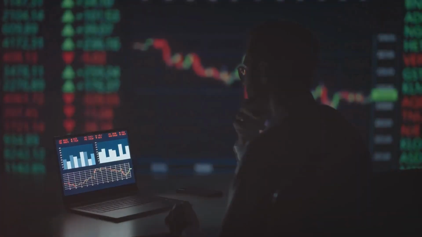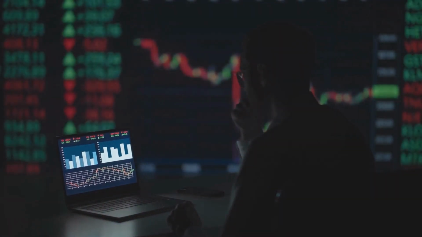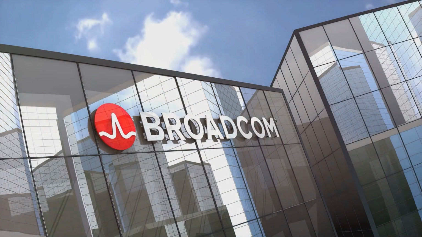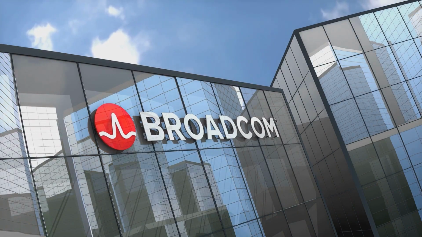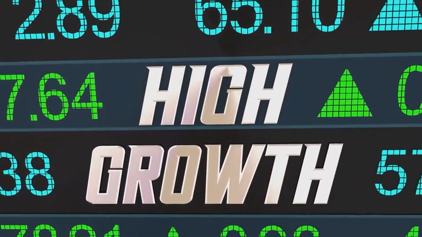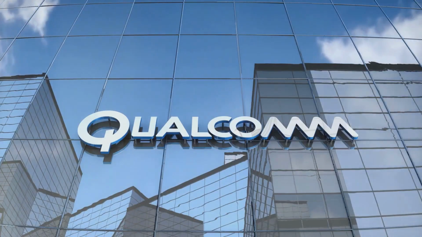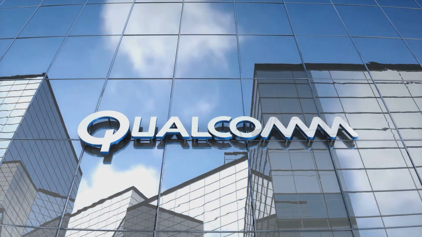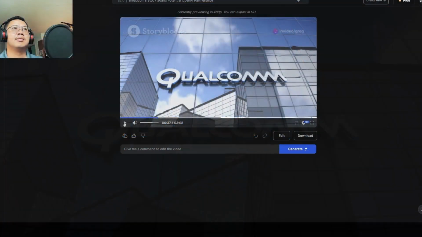Hey everyone, Greg here. Today, let's dive into an exciting development in the tech world that could have significant implications for investors. We're talking about Broadcom's potential partnership with OpenAI. So, on July 18th, Bloomberg reported that Broadcom is in discussions with OpenAI about developing specialized chips. This news sent Broadcom's stock price soaring, and for good reason. Broadcom, as many of you know, is a global leader in semiconductors and infrastructure software solutions.